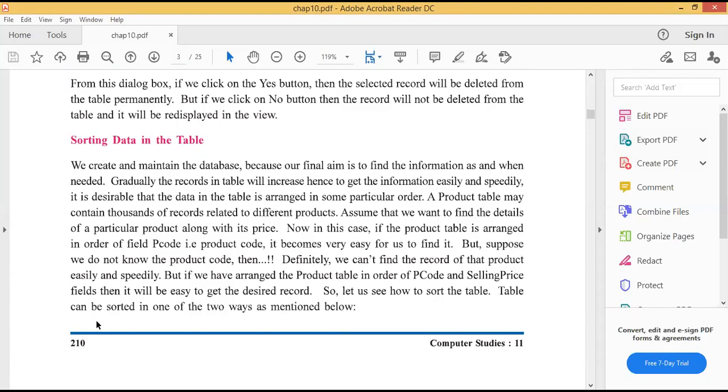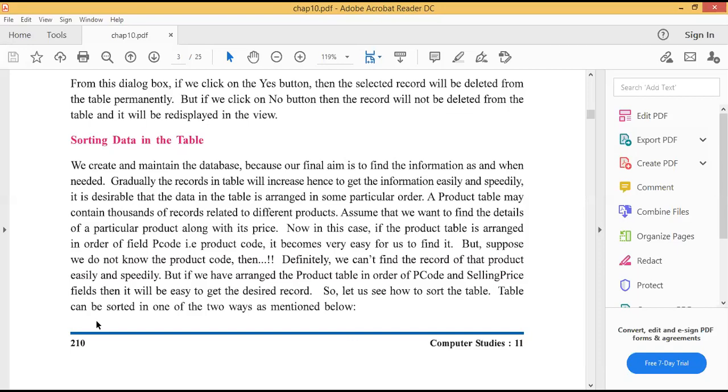Now what is meant by sorting? This word is not new for you. Sorting means we are always sorting our data, sorting our cupboards, sorting our tables. If you have a library at your home, you can arrange your textbooks, study books, storybooks. Even when you visit any outside library, the library is arranged as per storybooks, study books, history books, like that. In the same way in our computer, we sort our data.